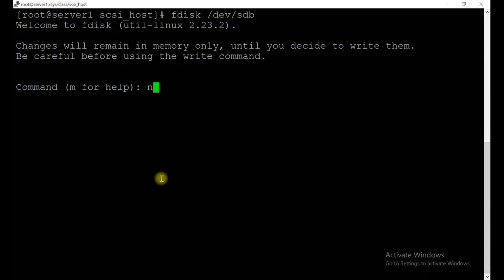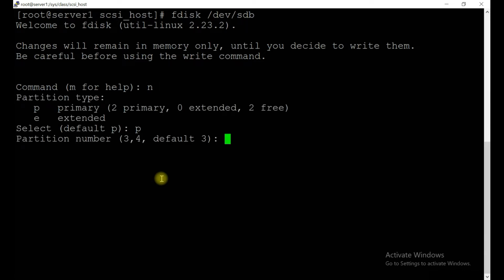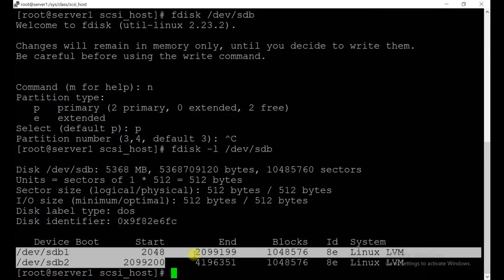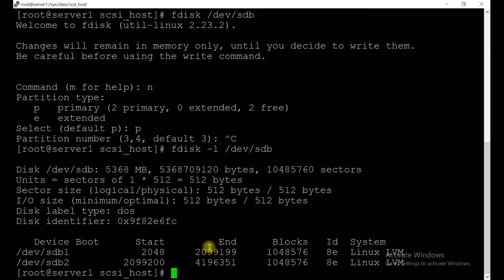You want to create new, p for primary, number 3. Okay, let's see, I think 2 are already created. Just close this one and let's see how many partitions are already created. I think I have 2 partitions already, which are 1 GB each, but never mind. I will show you the third partition as well.